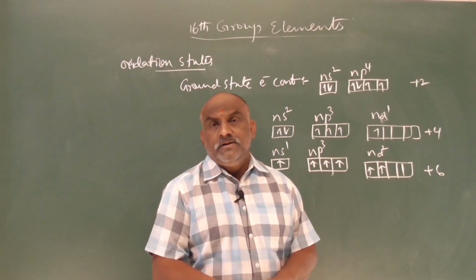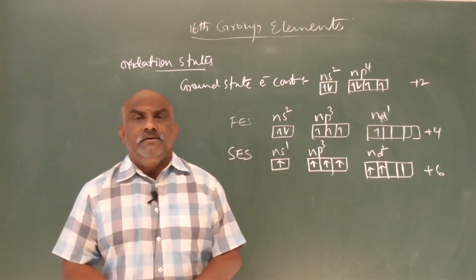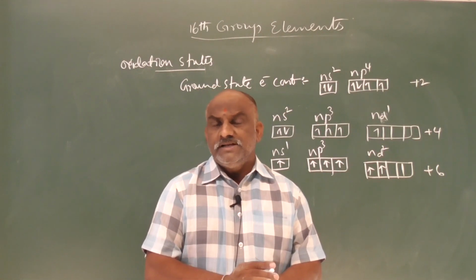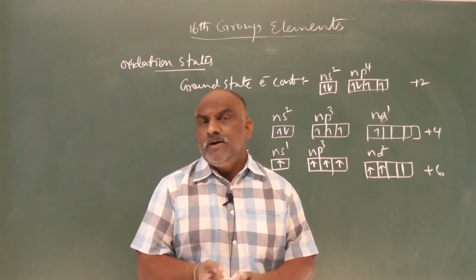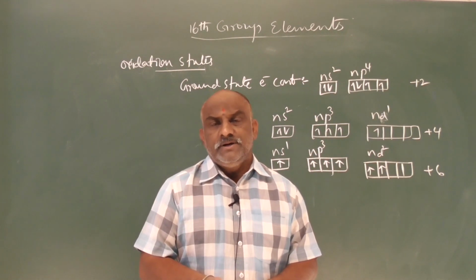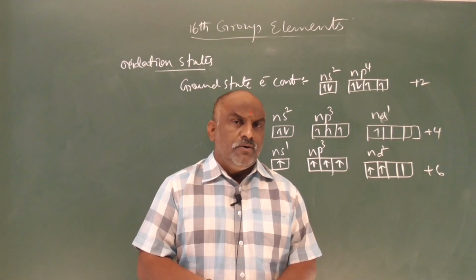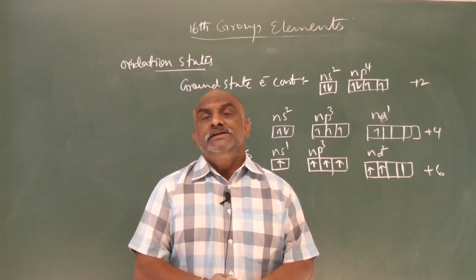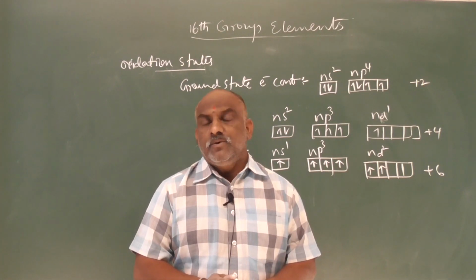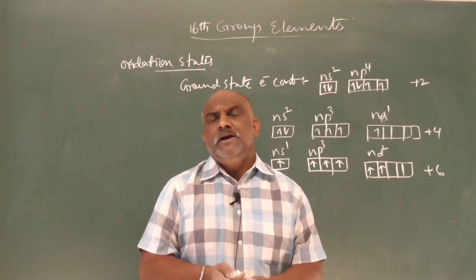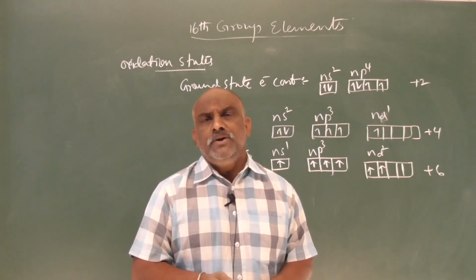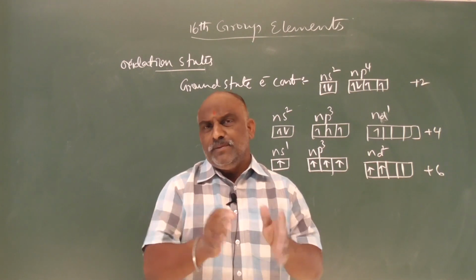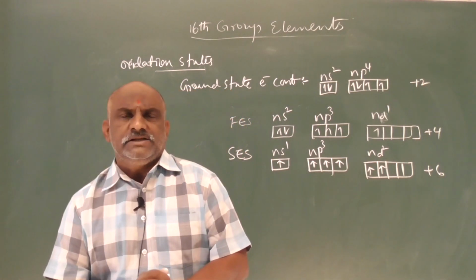And oxygen does not have vacant d orbitals, and its electronegativity is more, size is small. Due to that, oxygen shows anomalous behavior compared to the rest of the elements, because there are no vacant d orbitals. Due to that reason, it does not expand its covalency. Maximum covalency would be 4, but in practice we observe valency 2, maximum 3 only. In some examples only we observe that oxygen forms 3 bonds.